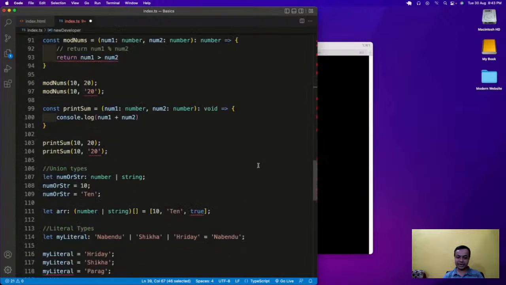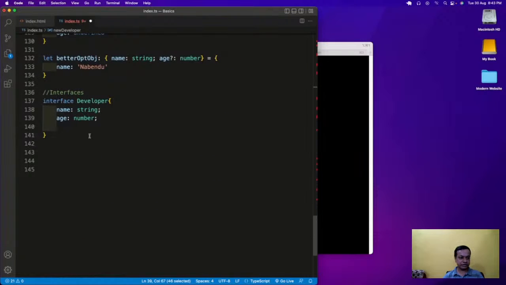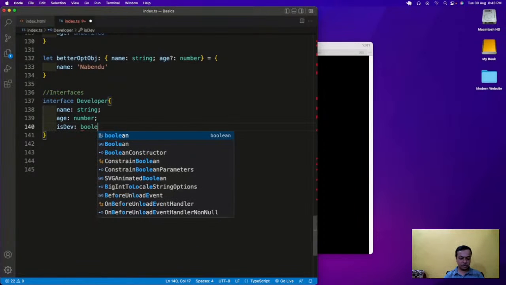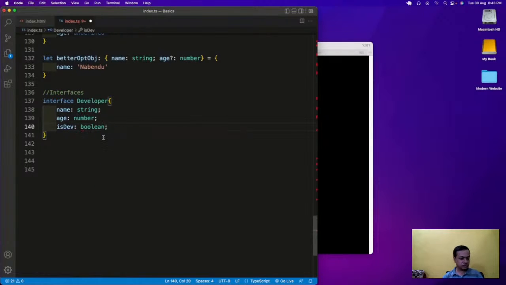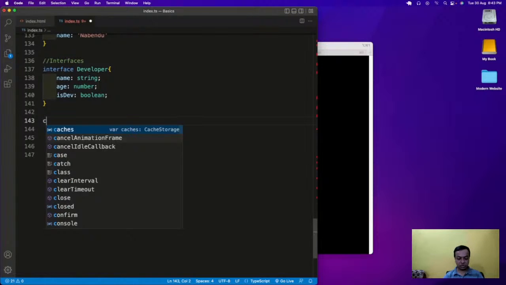Interface is again a keyword. Developer: age is number, and then isDev is boolean. So this is there, and now I can use it at multiple places. So let us use it at multiple places, like const